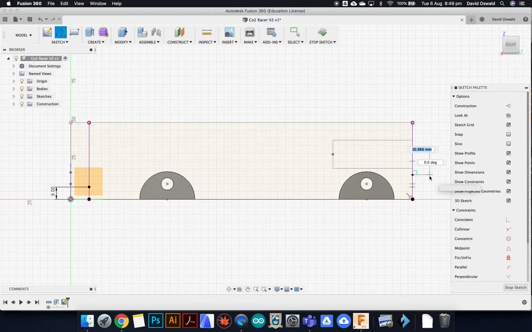Escape, I don't want that line, escape. Put a dimension on this line at the back here, so I don't want the full one. I want from that point to that point. I need D for dimension, need that little symbol there. And I'm going to make that probably 20. Okay, so what I've got at the moment is just a line across the bottom, a line here,